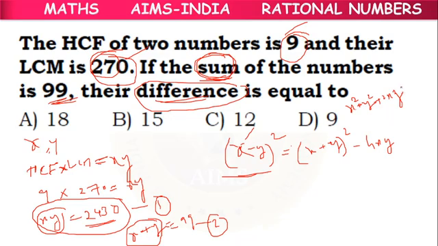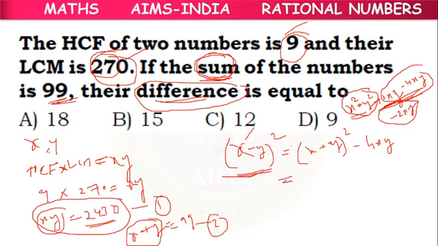After that, what do we have? Minus 4xy. From minus 4xy, if 2xy is removed, it will become minus 2xy, which is the formula of x minus y whole square. Because these two values are becoming minus 2xy, x square plus y square minus 2xy equal to x minus y whole square. We can write like this.